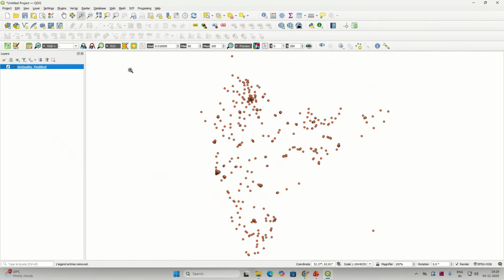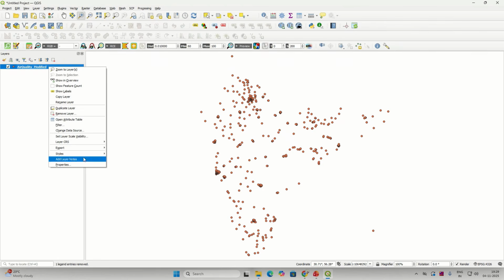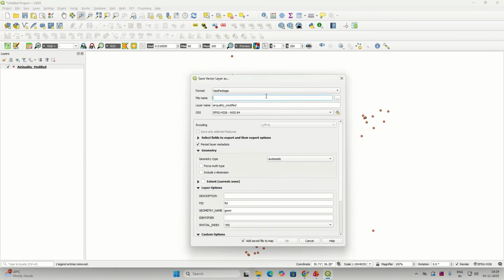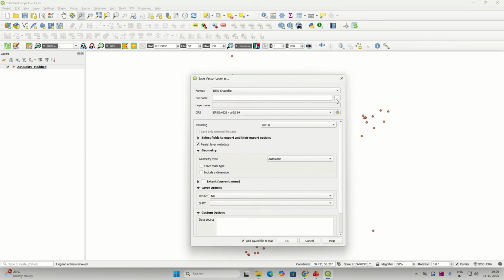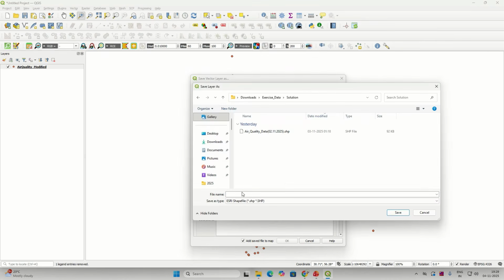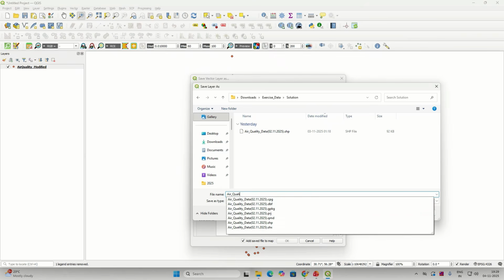You can change it. So what you can do is you can right click, export, save features as a new shapefile maybe, and go to solution folder, and then you save it as air quality modified. You could have saved also as a geo package, but there is only one file, so I am saving it